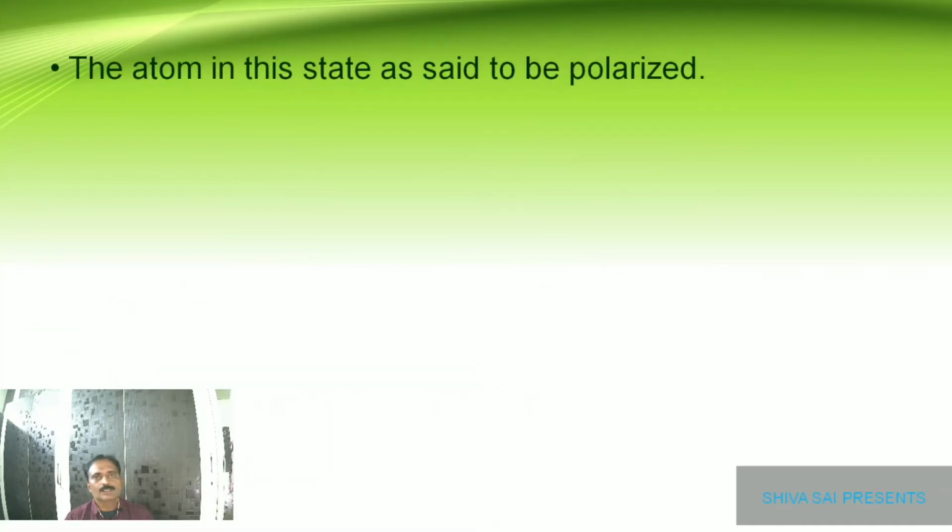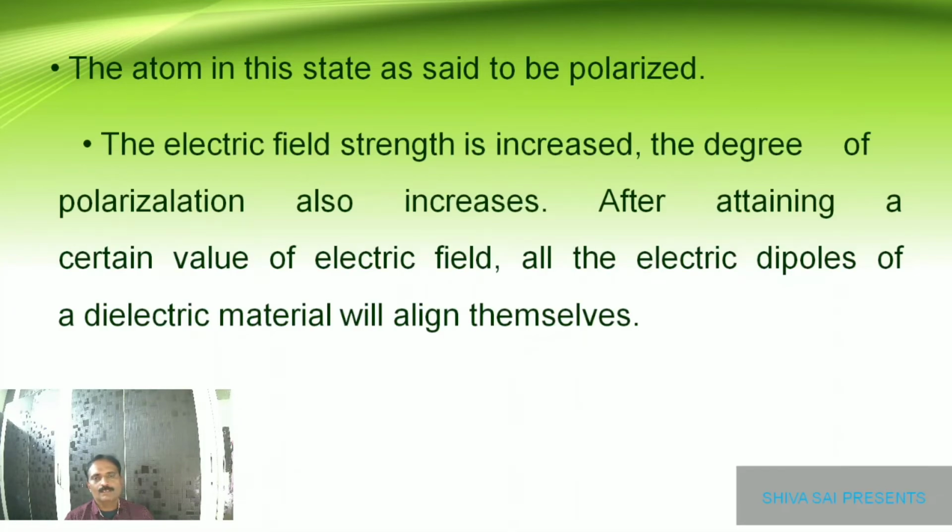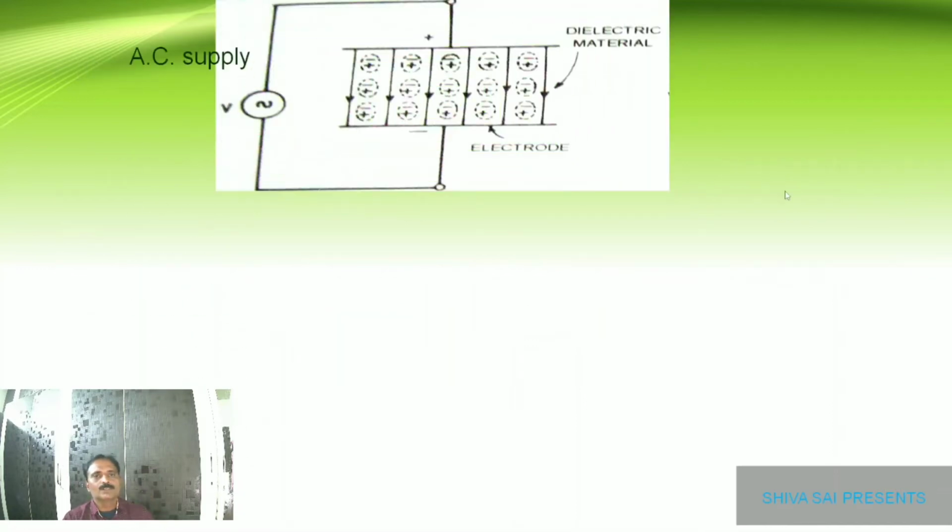So here in this condition the atom is said to be polarized, and as the electric field strength is increased, the degree of polarization also increases. After attaining a certain value of electric field, these electric dipoles of the dielectric material will align themselves in this fashion. So here, when AC supply is given beyond a particular voltage, the atoms are going to be